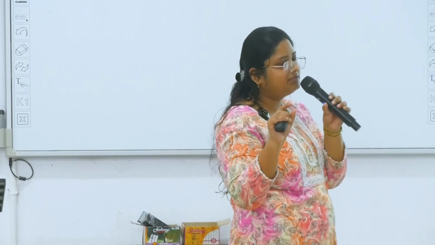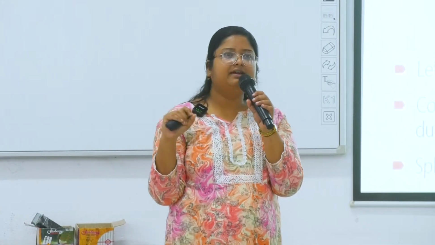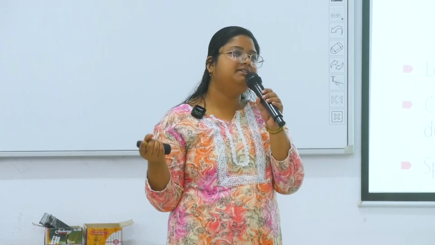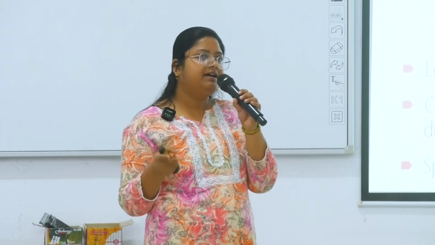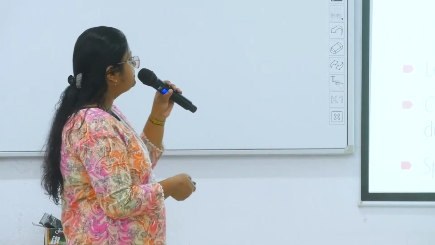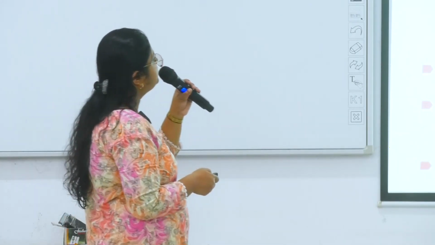It is also known as celiac trunk because it is very small. Its length is very small, almost 0.5 centimeter to 1 centimeter. Then it divides into three terminal branches: left gastric, common hepatic, and splenic. It is about 1.25 centimeter in length. It is the first major branch of abdominal aorta. But the first branch from abdominal aorta is inferior phrenic. Okay, these points are important for your MCQ. First branch is inferior phrenic. First major branch is celiac trunk.